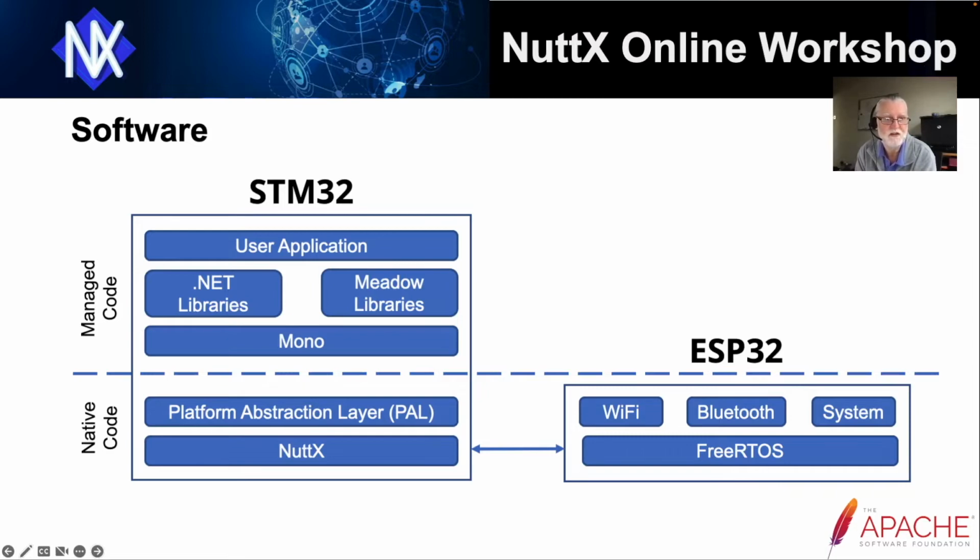And at the top of this layer are the features that Mono is expecting. And then underneath that there is a series of API calls which will call into the native system. Now in our case this is NuttX. And as NuttX is exposing a POSIX API, the platform abstraction layer that sits above it is using that API, so is linked through to a Unix type